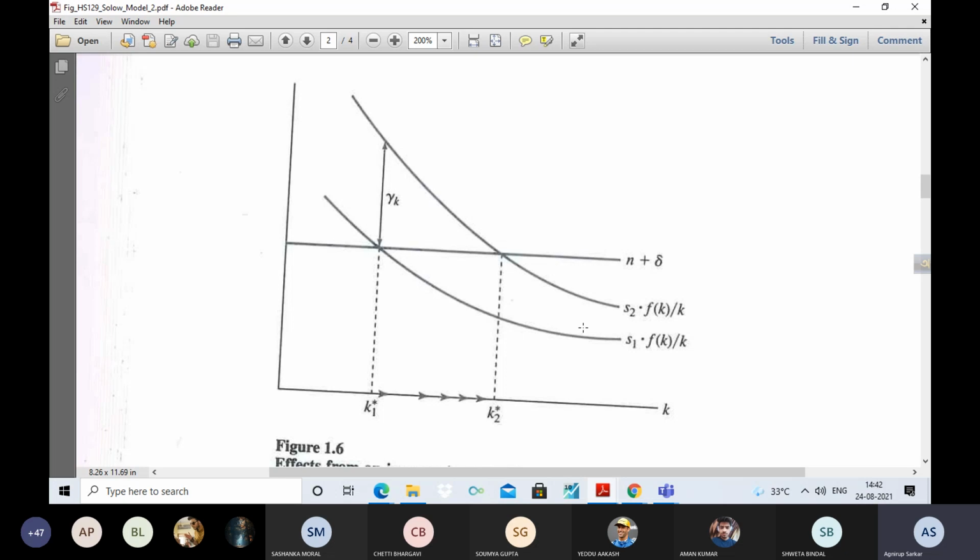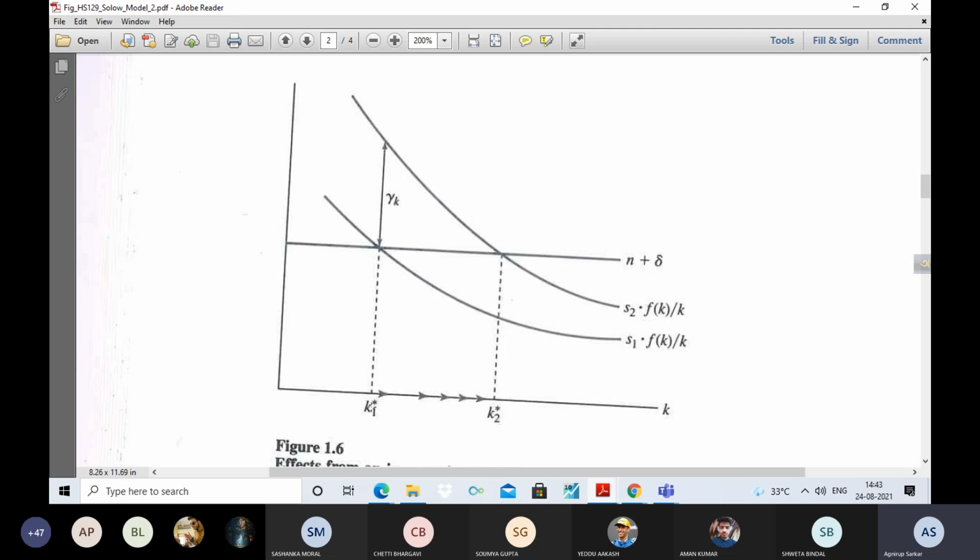So the intersection with the n plus delta line also shifts to the right. This is the initial point of intersection, which gives the initial steady state K1 star, and as the saving rate increases, the new point of intersection gives a new steady state value of capital per person. Since the intersection shifts to the right, the new steady state capital stock K2 star